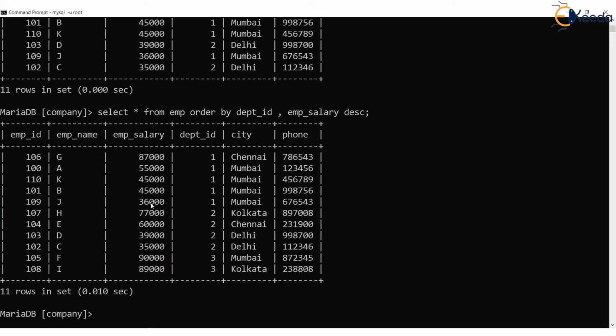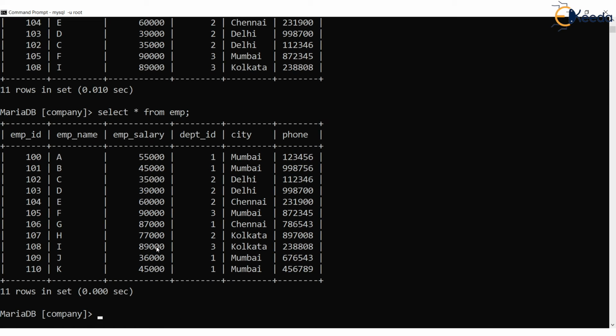By the way, the output of this select star from EMP, order by, and so on is temporary. If you again say select star from EMP, you will see the original order. So how do you store that permanently? If you want this ordered output as a permanent table, then you can create a view, isn't it? Just as we saw in the earlier videos, you can check that video where we saw how to create views in SQL.